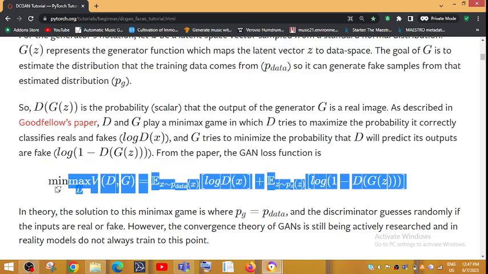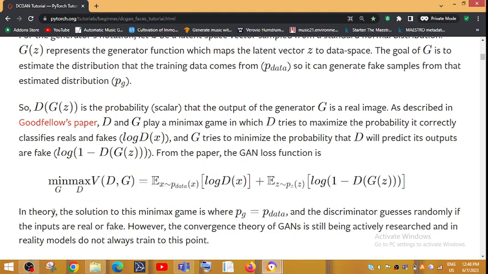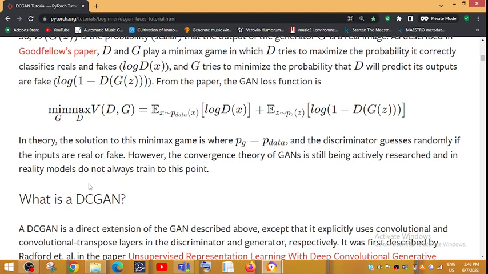If you look at this equation carefully, you can see that if you have read about logistic regression for binary classification, it resembles the loss function of that binary classification problem. We'll discuss it later. In theory, the solution to this minimax game is that P_g equals P data,